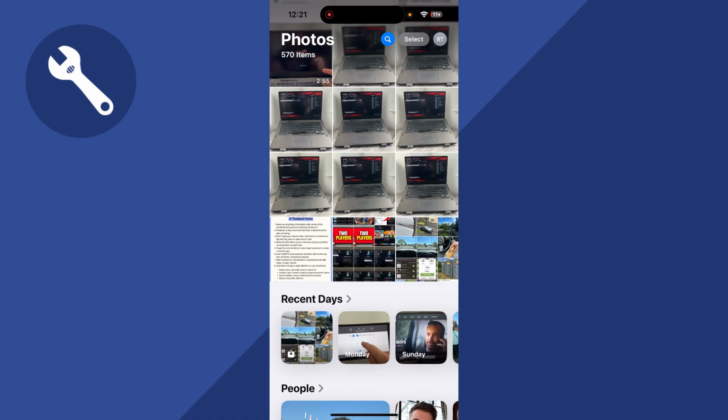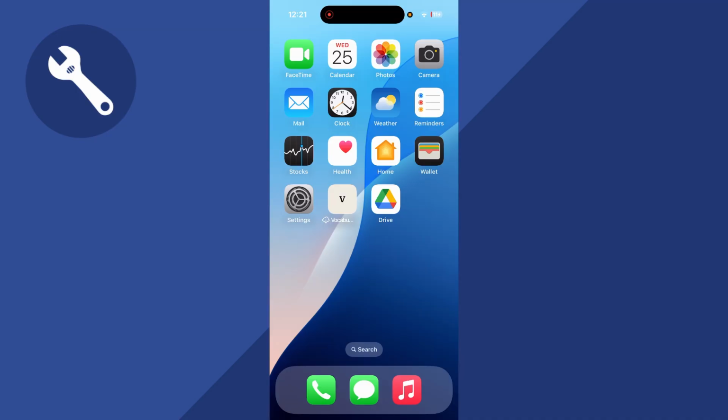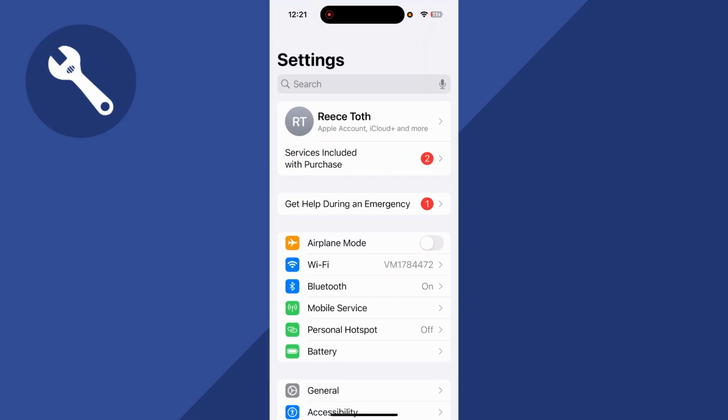How to restore photos on your iPhone using an iCloud backup. So if you're missing photos in your iPhone gallery, I'm going to show you two methods to go and restore these from the iCloud. Now the first solution is just to open up the settings application, click on your profile